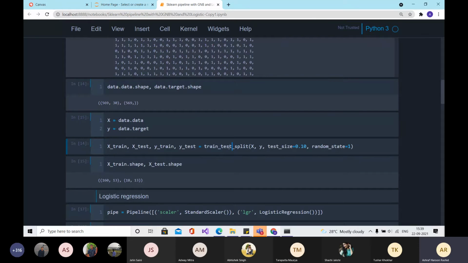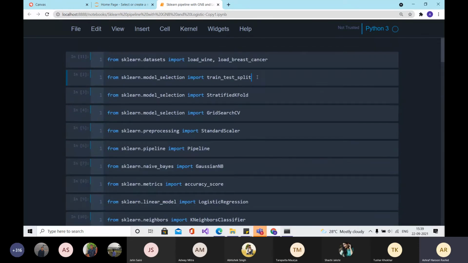This function is available in the package sklearn.model_selection. Within sklearn, there is a package known as model_selection, and from there you import train_test_split.